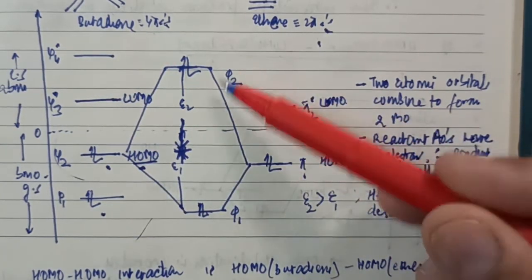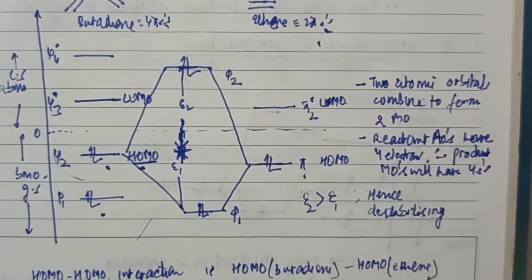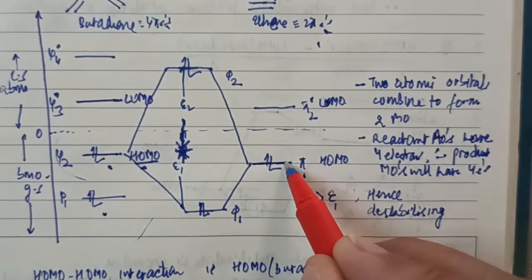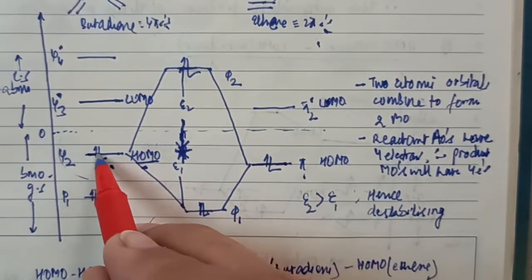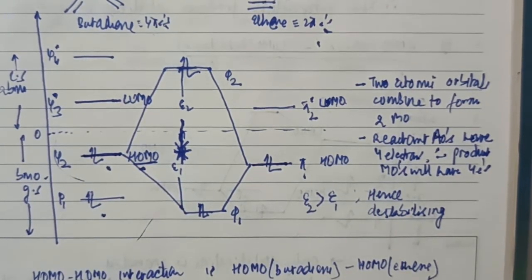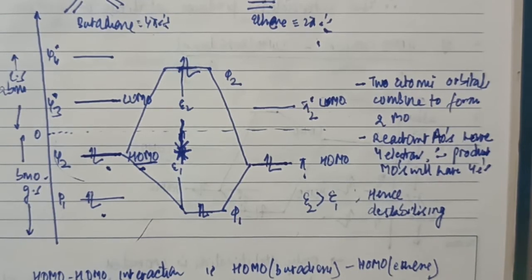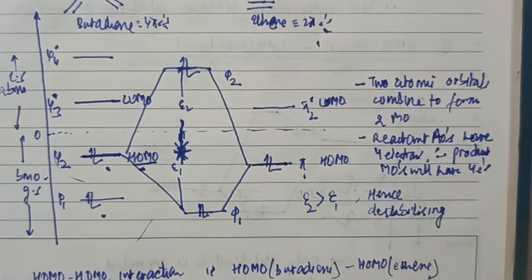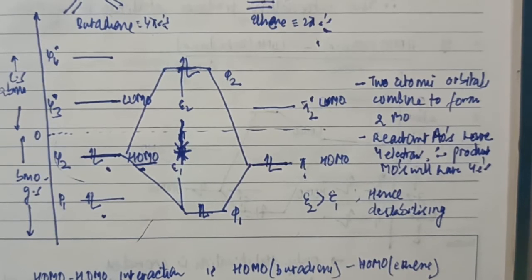Now, if you clearly observe this molecular orbital energy level diagram between the diene and the dienophile before constructing the new molecular orbitals, you see that I've placed the HOMO of the dienophile lower in energy than the HOMO of the diene. Now this might be a bit contradicting to the basic organic concepts we have. You know, butadiene is a 2 pi bond system where both the pi bonds are conjugated in nature, and since they are conjugated, this system should be much more stable as compared to an isolated double bond in the case of ethene.